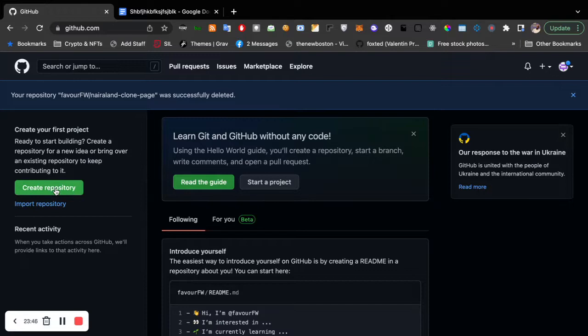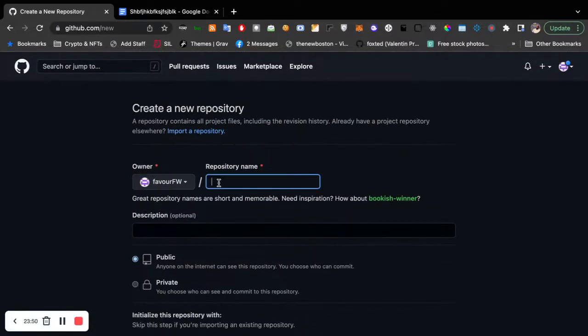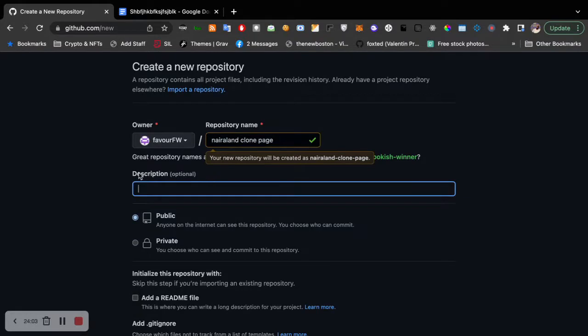Okay, so let's start again. Create repository, right? Call it Nairaland clone page, right? So here you can add a description of what the page is about. Okay, this is a nairaland.com clone page built